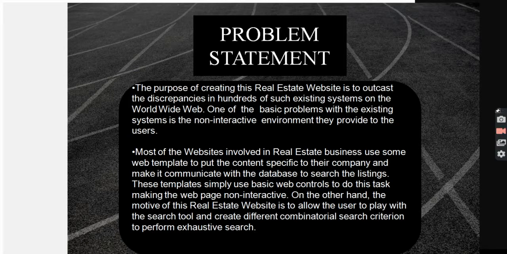Most of the websites involved in real estate business use some web template to put the content specific to their company and make it communicate with a database to search the listings. These templates simply use basic web controls to do this task, making the web page non-interactive. On the other hand, the motive of the real estate website is to allow the user to play with the search tool and create different combinational search criteria to perform an exhaustive search.